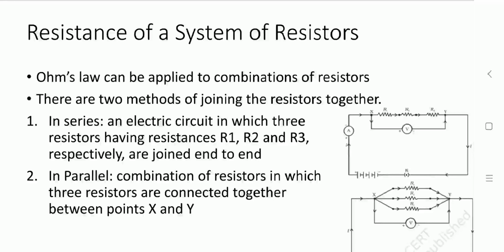Next, a parallel connection, in which all three resistors have one terminal connected at one point X, and the other terminals connected together at point Y. So this is how the connection is given, R1, R2, R3 in parallel, as we can see in the second diagram. In both cases, battery, ammeter, plug key, everything is the same. Voltage, voltmeter, these are observing. But the way we are connecting the resistances is different. First in the series connection, second in the parallel connection.